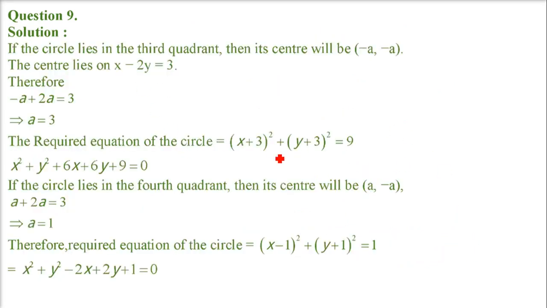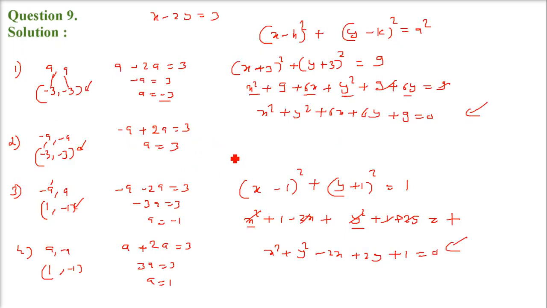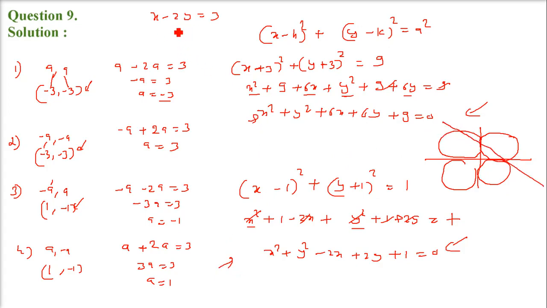If you see, I have made a similar equation. This is directly telling you in which quadrant you have to go, but I just wanted to explain the full scenario which we have to understand. Then only will you understand that whenever we make a circle touching these two axes, there are 4 possibilities. Only two of these circles are going to have the center on this line. If I put x as 0, y comes as minus 1.5, and y as 0, x comes as 3. So these two points are on the line which I am making.